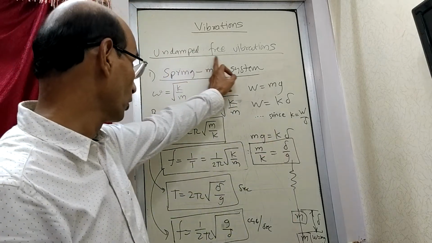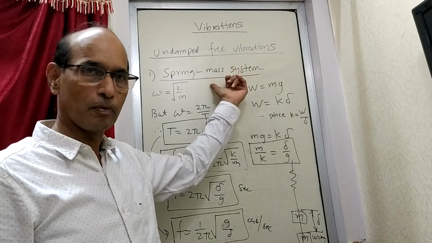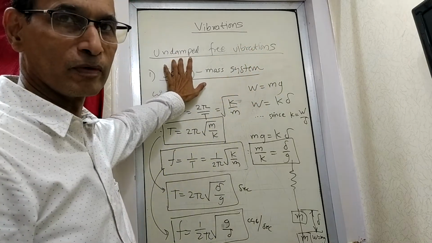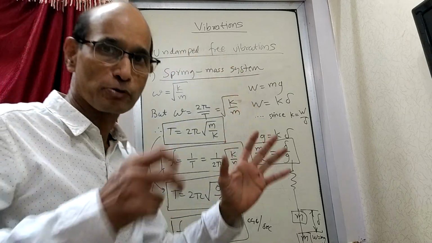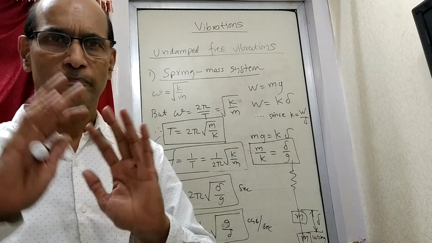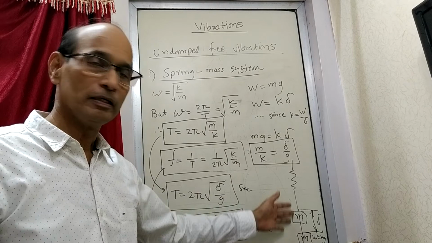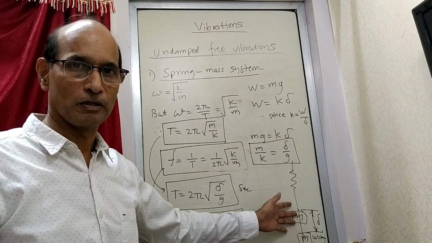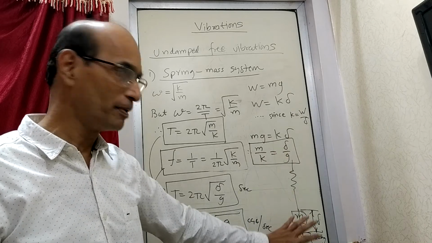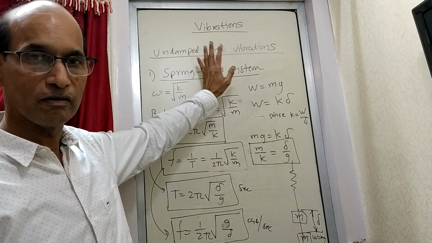So we have taken an example of undamped free vibrations. First example is spring mass system. Of course, I have not yet discussed what is undamped. Undamped, damping means absorbing. The vibrations are not absorbed by anything. They are free vibrations. They are free in the sense they are not stopped by anything. We are also saying that they will not be reduced because of friction. By no other means is it going to reduce. It will just go on and on.